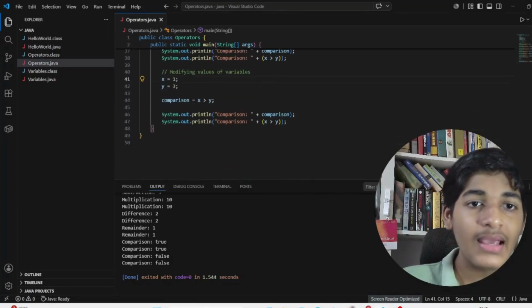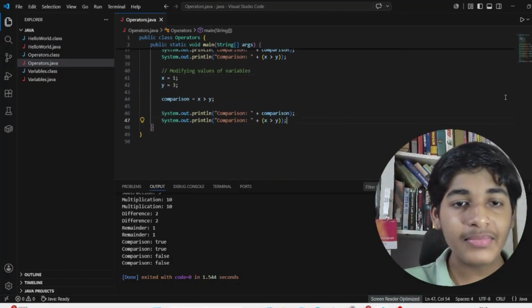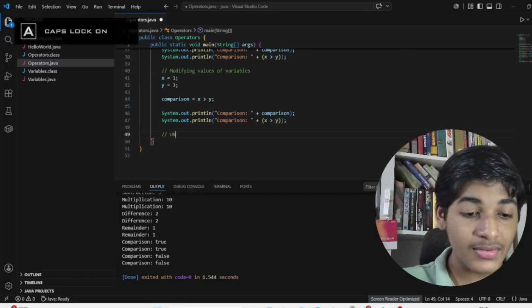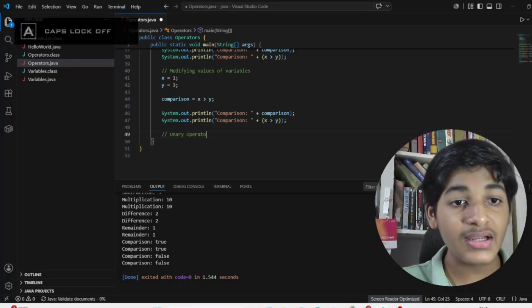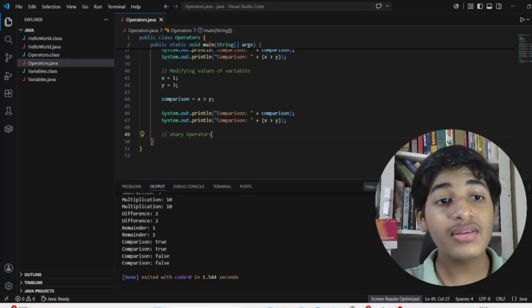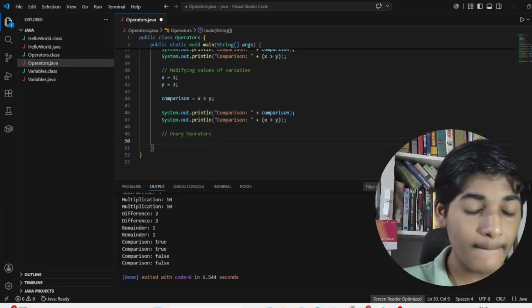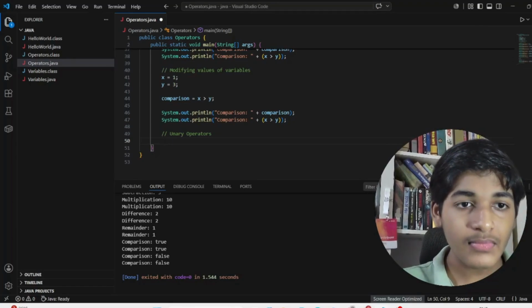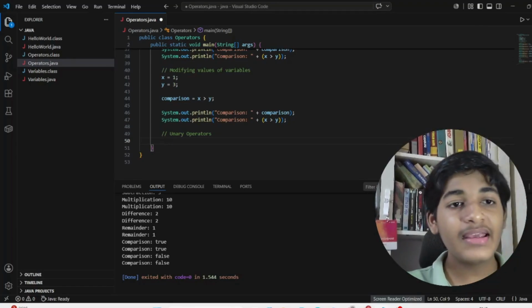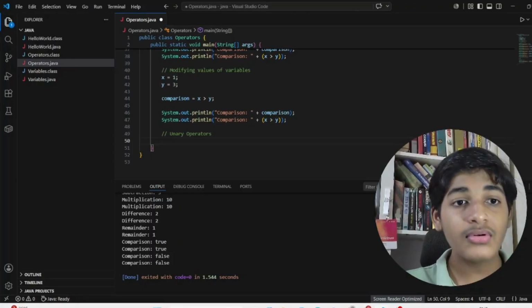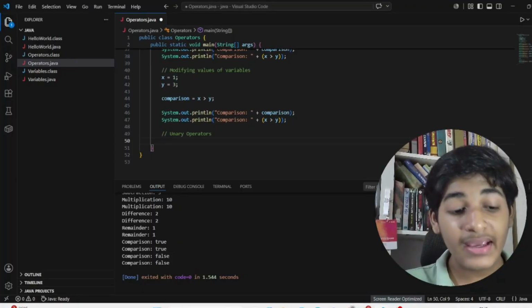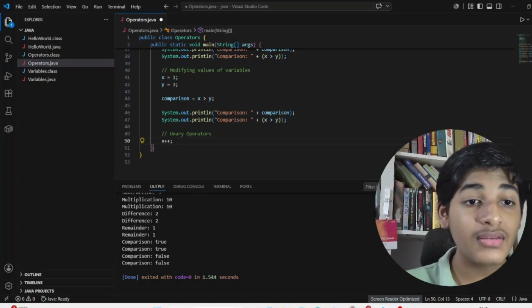And now let's perform the practical of unary operators. So the unary operators are plus plus and minus minus. One is increment, the second one is decrement. Again, we'll take the same example of x and y itself. So if I want to increment the value of x, I can simply write x plus plus, and then if I print the value of x,